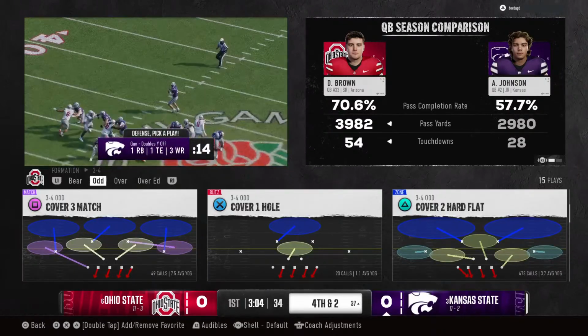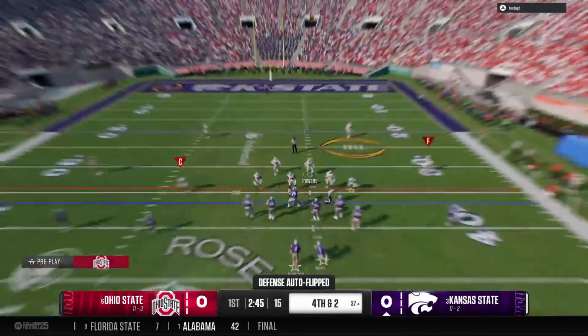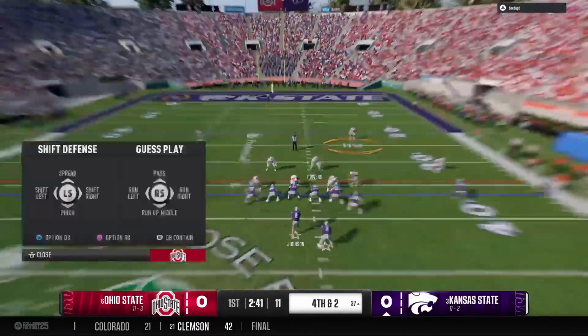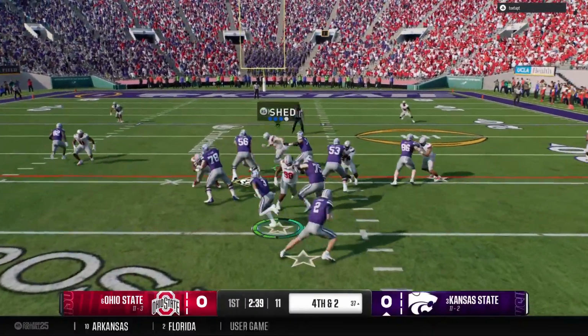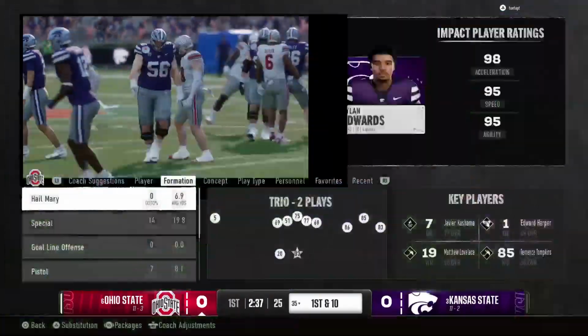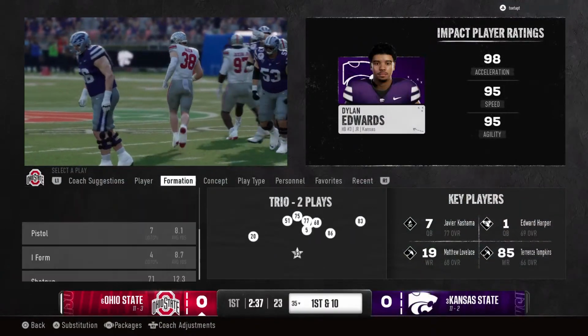On third downs like this, you can only allow completions in front of you as long as you can protect the sticks. That's what the defense did here. They knew where the sticks were, and they were able to make the tackle short of the line. He did not get it. A crucial play by this defense.